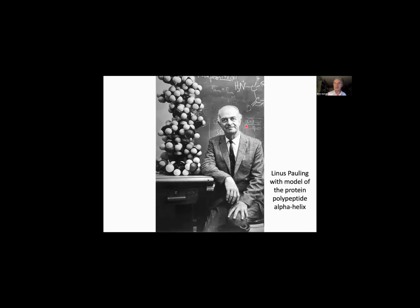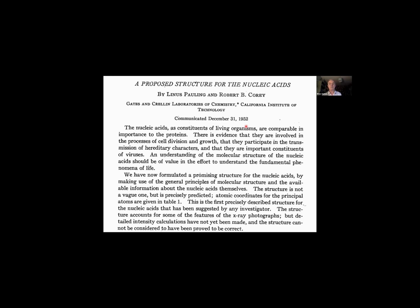And then this man intervened. Linus Pauling, sitting here proudly next to his alpha helix, which he'd predicted in 1951, beating crystallographers in the UK to the structure in Cambridge and in Leeds and in London, who take X-ray photographs of fibrous proteins. Linus's contribution was that he published this paper, a preprint of which arrived in Cambridge